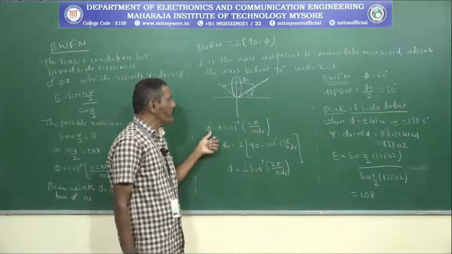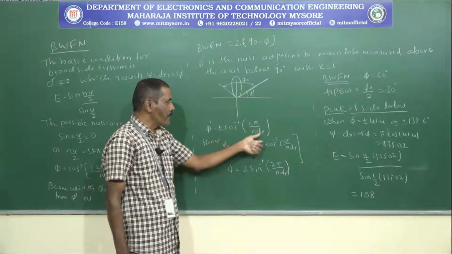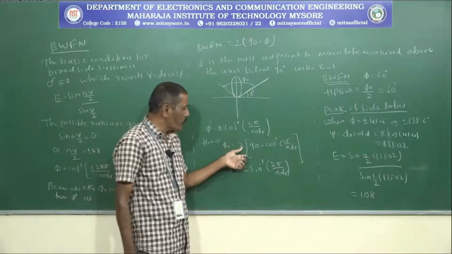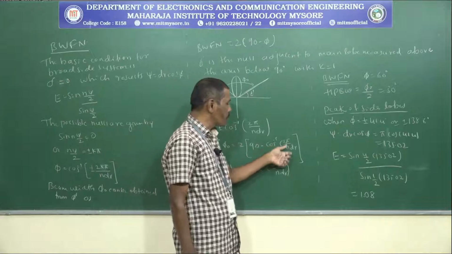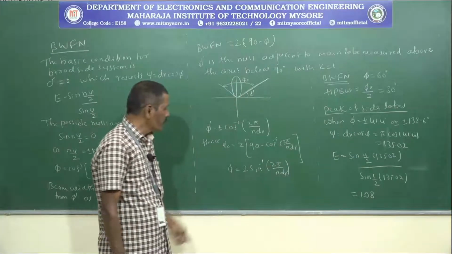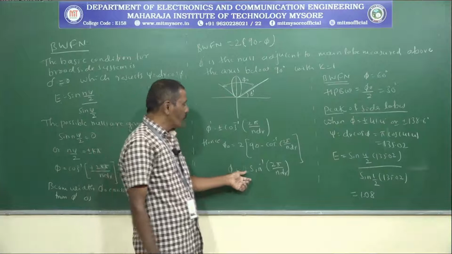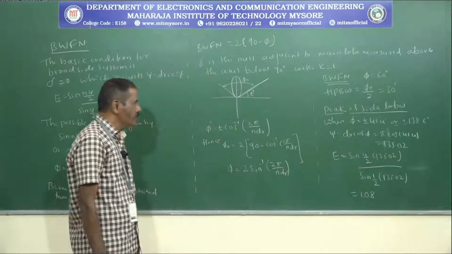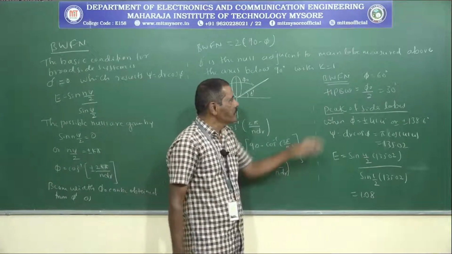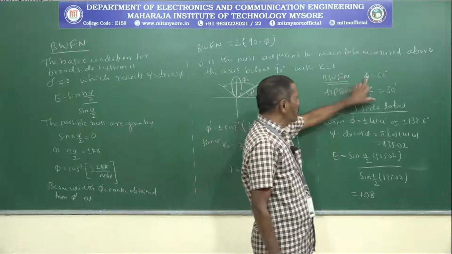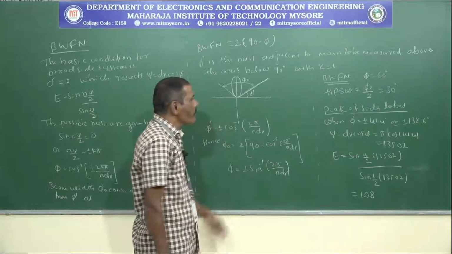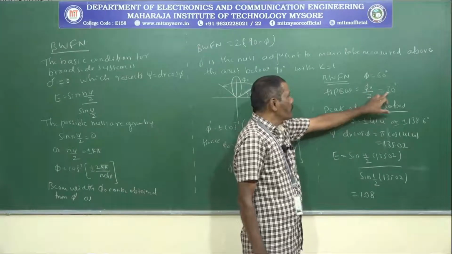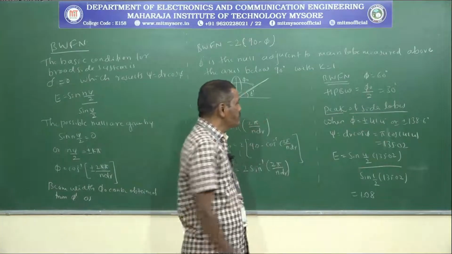Then phi dash equal to cos inverse of 2 pi divided by n into dr. Hence, phi 0 is equal to 2 into (90 minus cos inverse of 2 pi divided by n into dr). So, therefore, phi 0 is equal to 2 sin inverse of 2 pi divided by n into dr. Then from this equation, the bandwidth between the first nulls is equal to 60 degrees and the half power beamwidth is equal to phi 0 divided by 2. So, this is equal to 30 degrees,